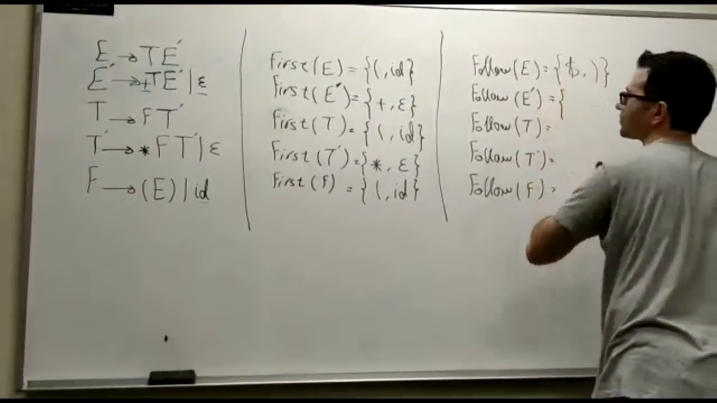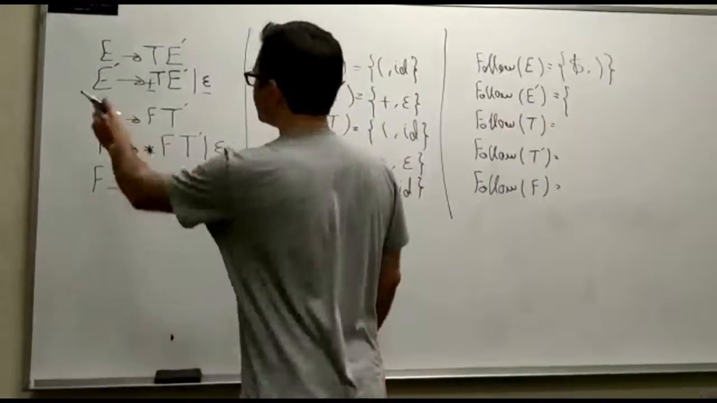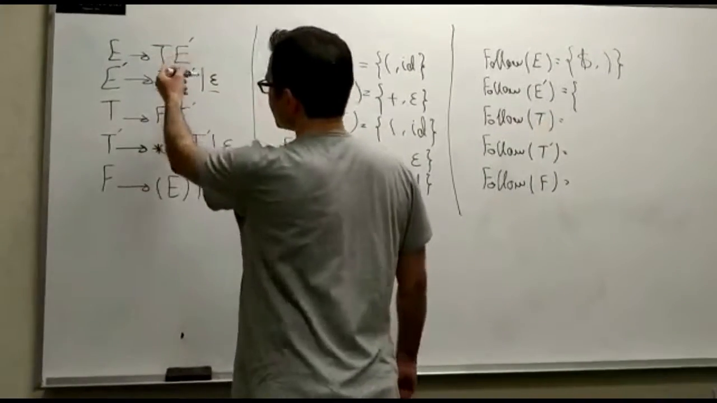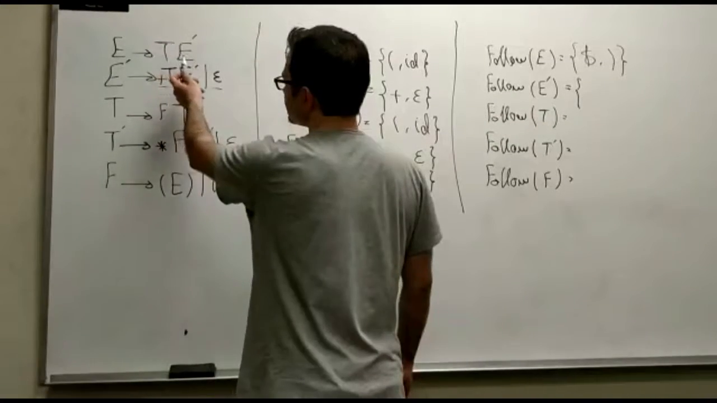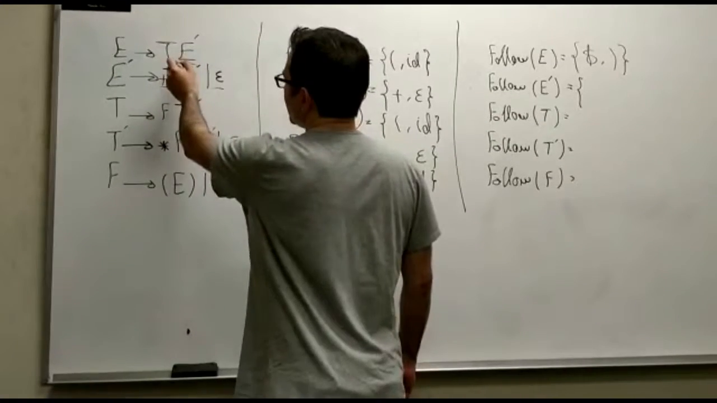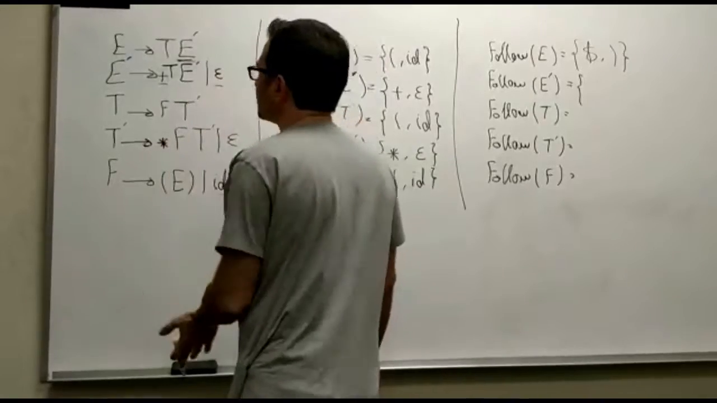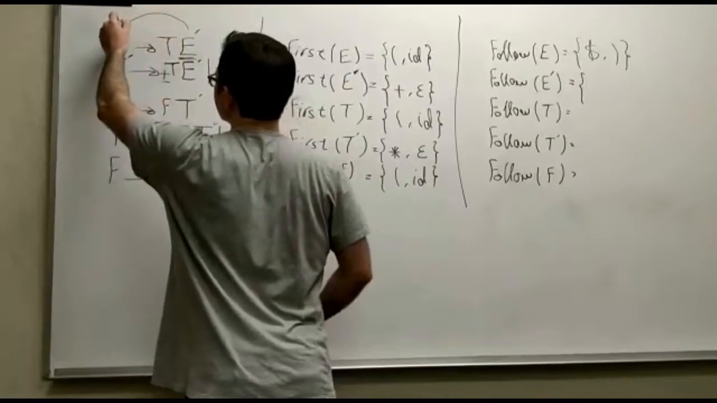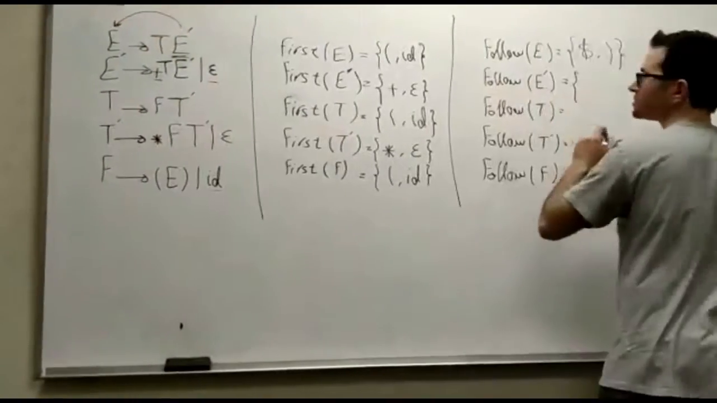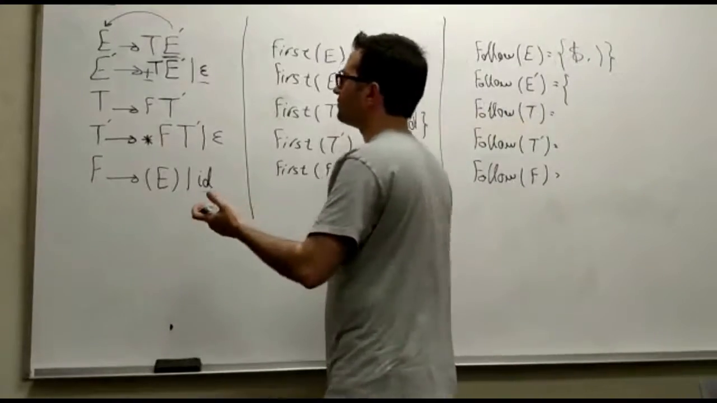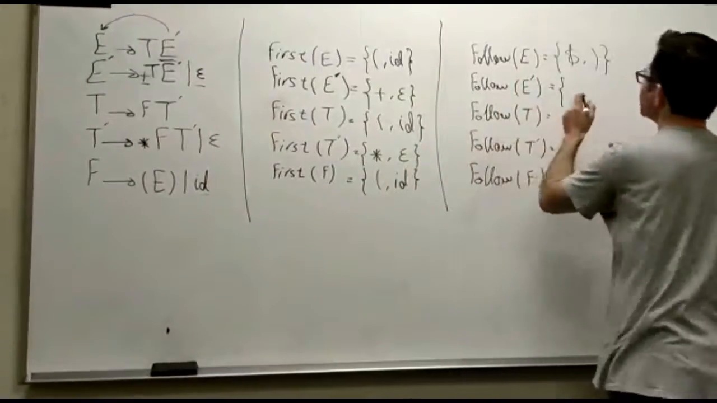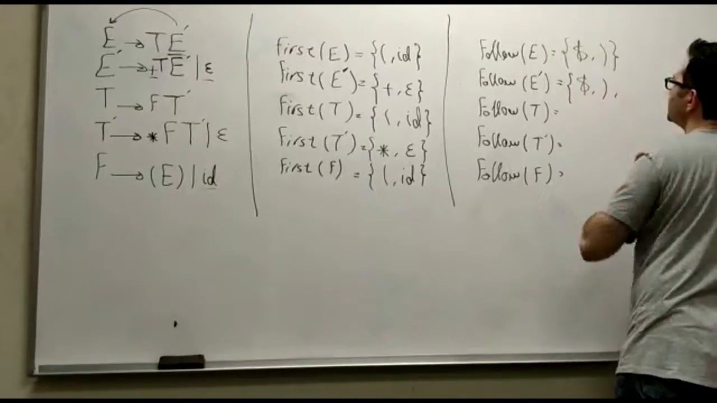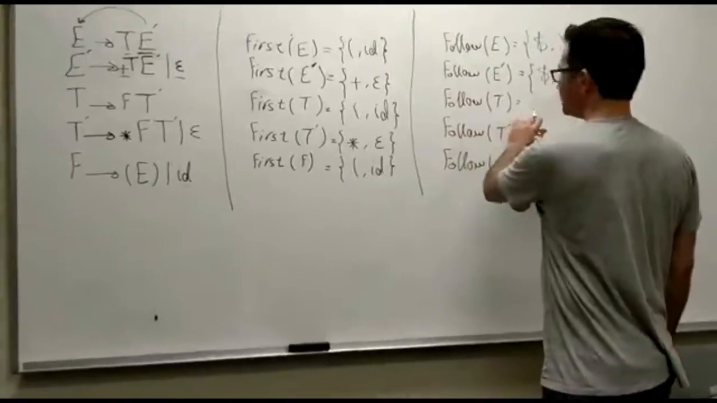For E prime, it is the same. We should find E prime on the right side. In this case, we have nothing following E prime, so we have to come back to E. So what is the follow of E? The follow of E, as you can see here, is dollar sign and right parenthesis. Okay, for follow of T,